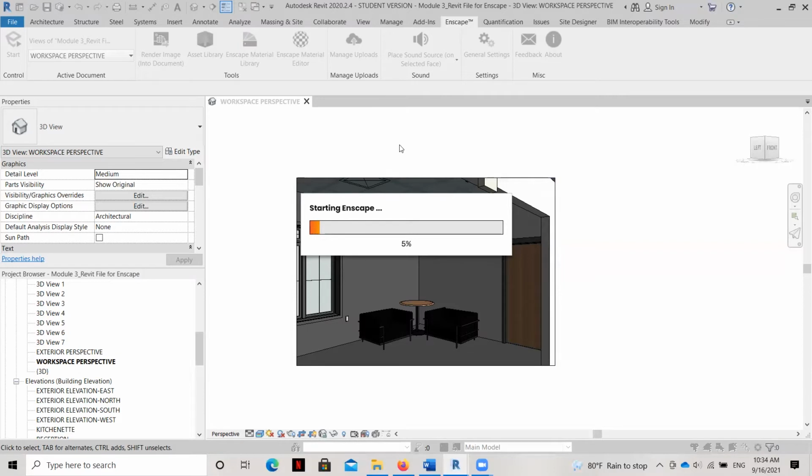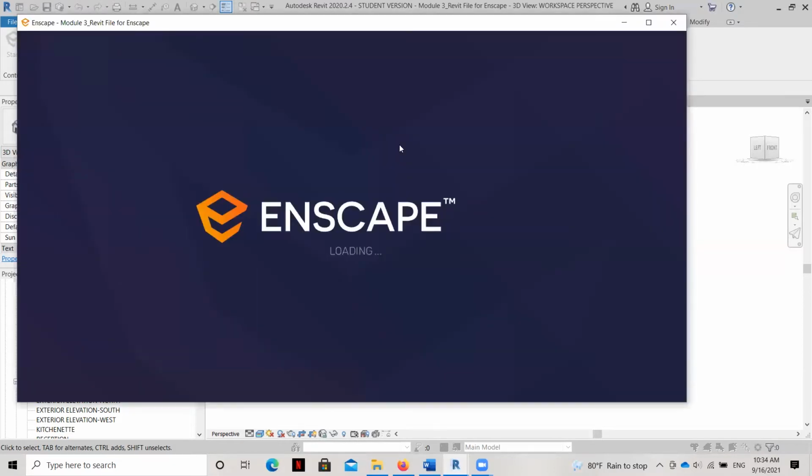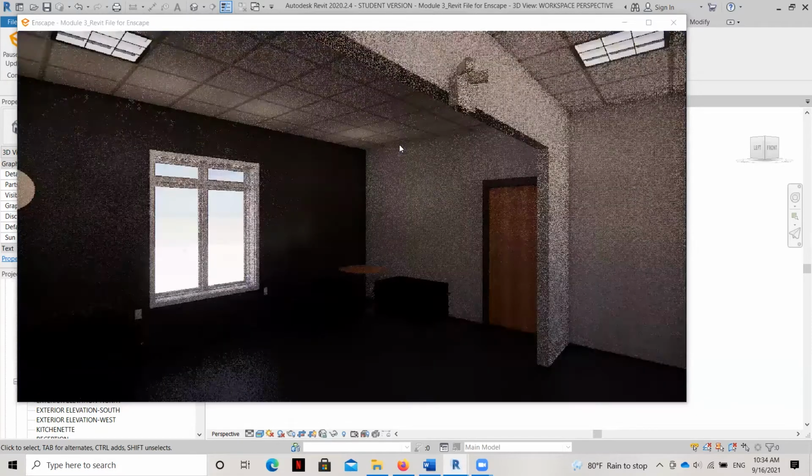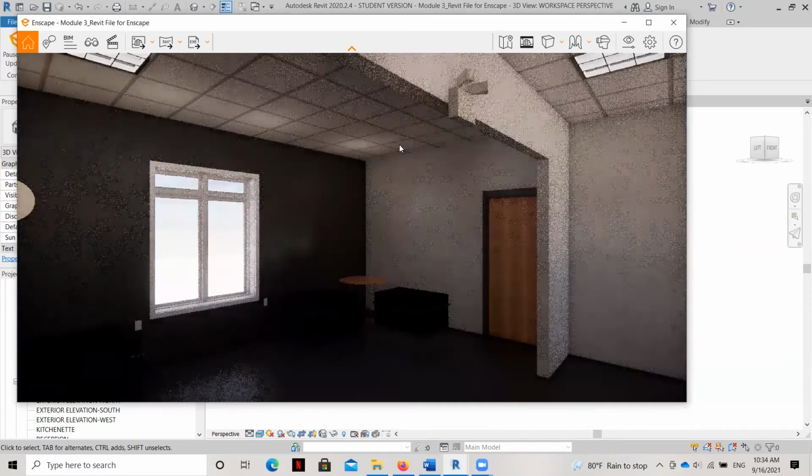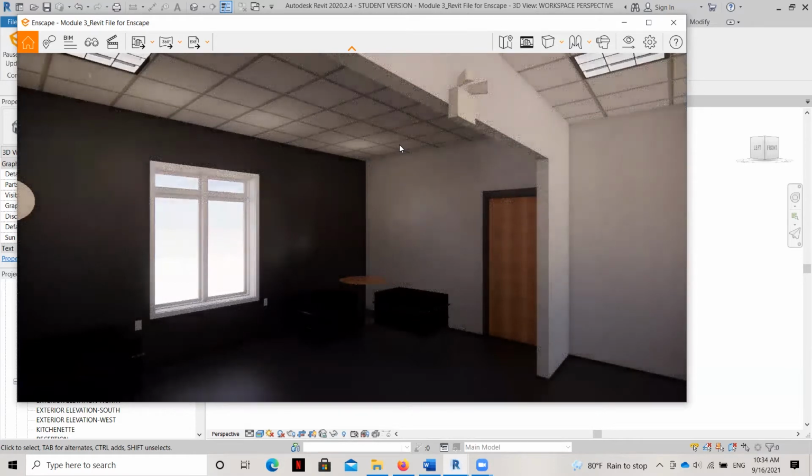The cool thing about Enscape is that it can do a real-time realistic rendering as you are building within Revit, and they're working side by side. If you have the ability to bring in a second monitor that you can look at while you are rendering, it's really cool to have Enscape rendering on one monitor and you operating Revit on the other. If not, that's totally fine.